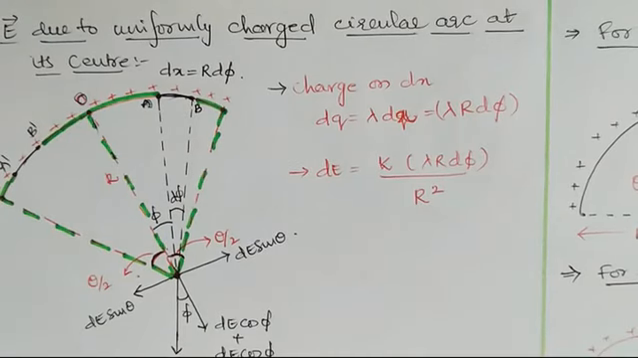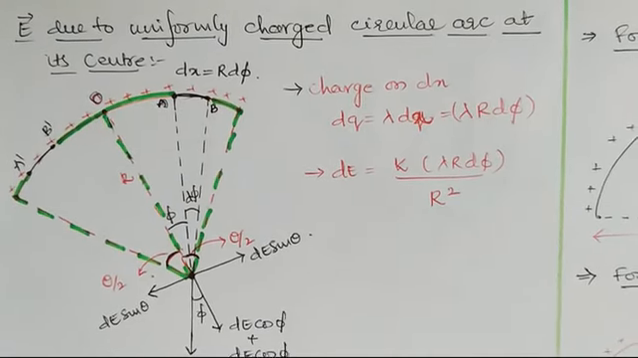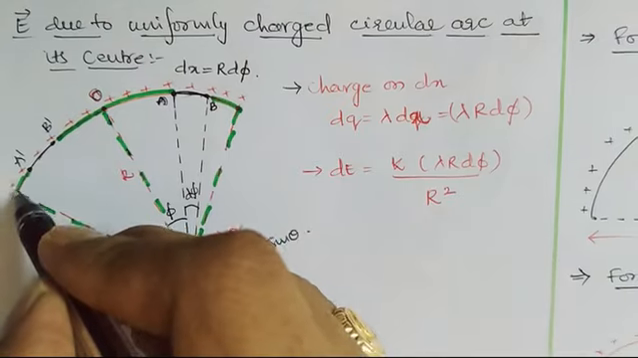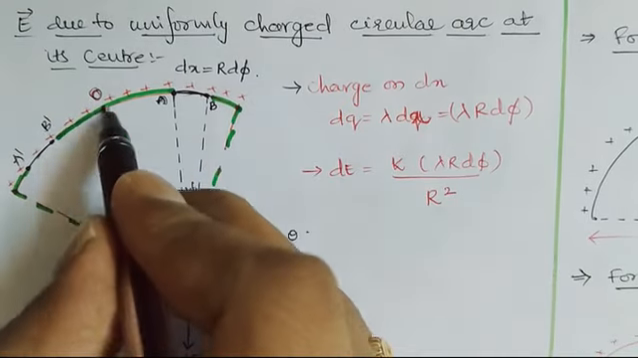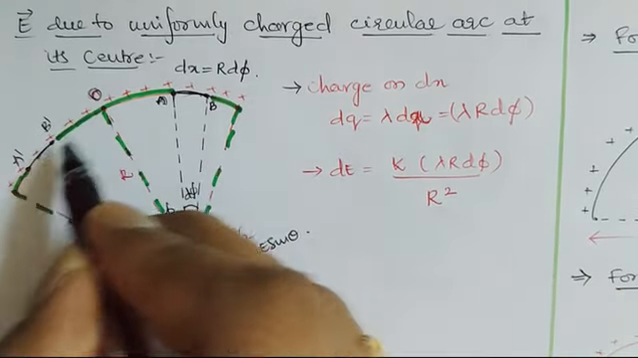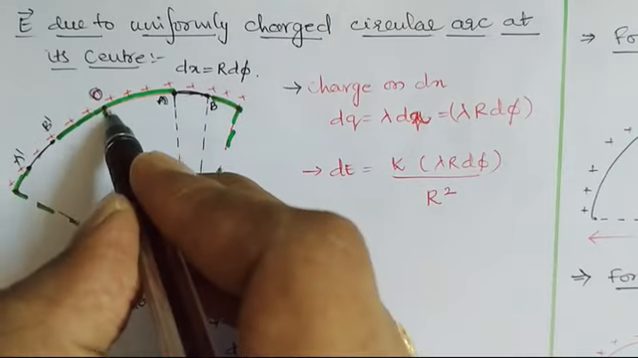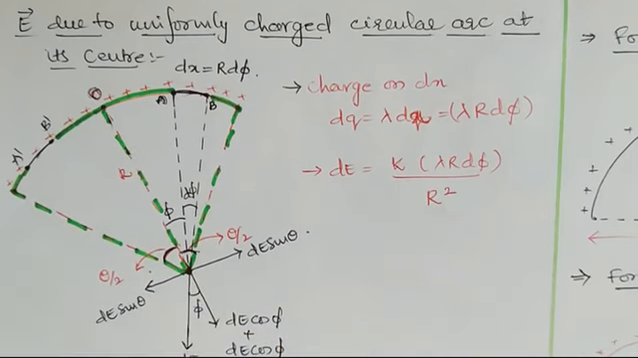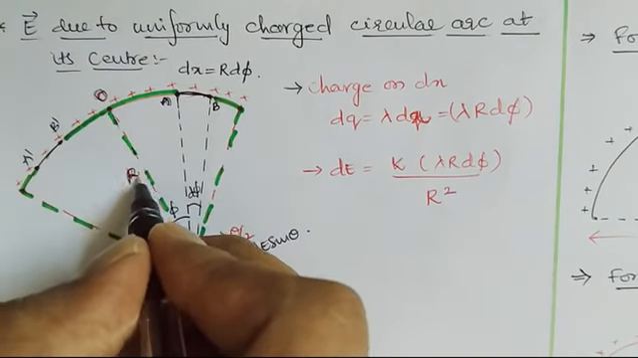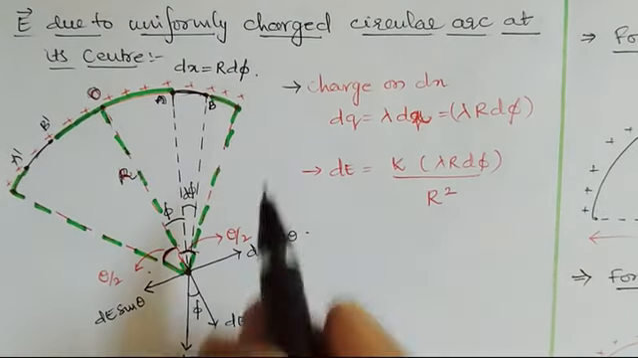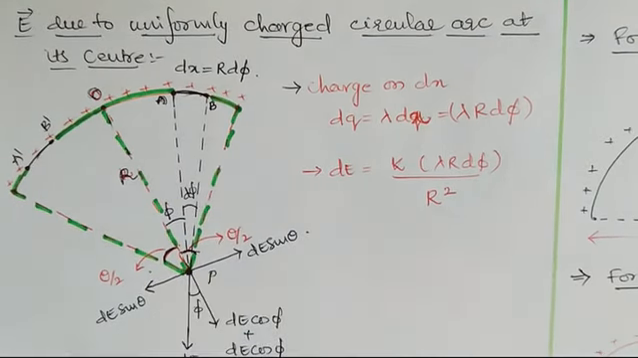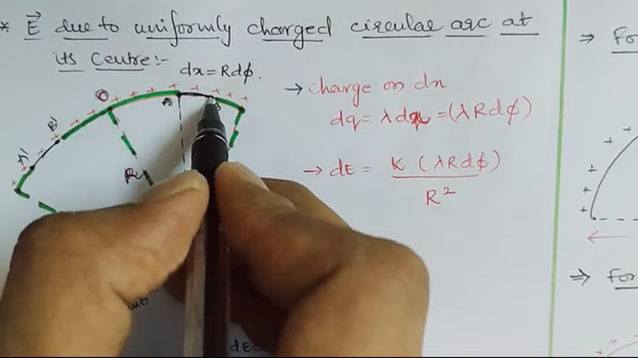Hi friends, today we will discuss electric field due to uniformly charged circular arc at its center. Now see, I have considered this arc. So this O divides this arc into two equal halves. So when I draw a line, it will have two angles, theta by 2 and theta by 2, equally. Let us consider its radius is R. To find out electric field at its center point P, I will consider a small portion of arc